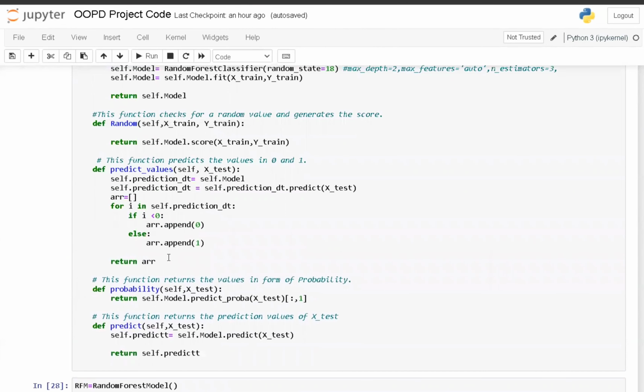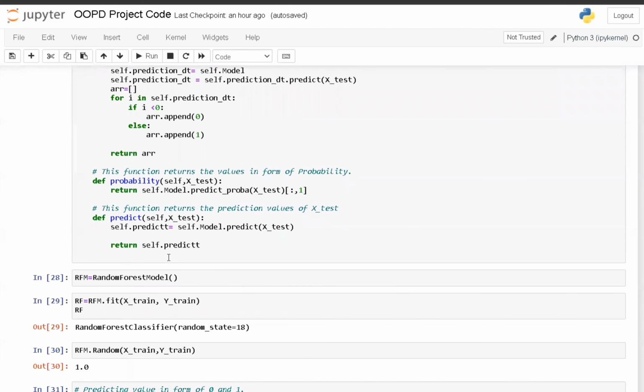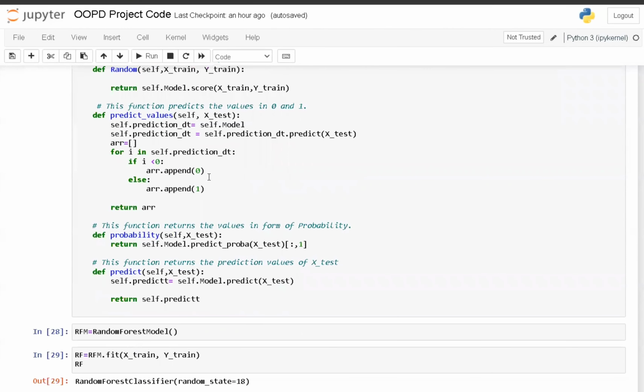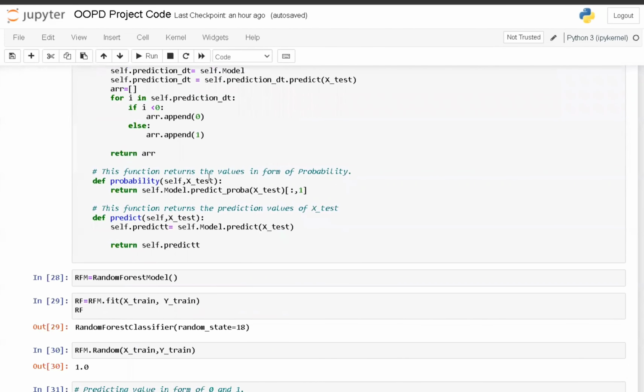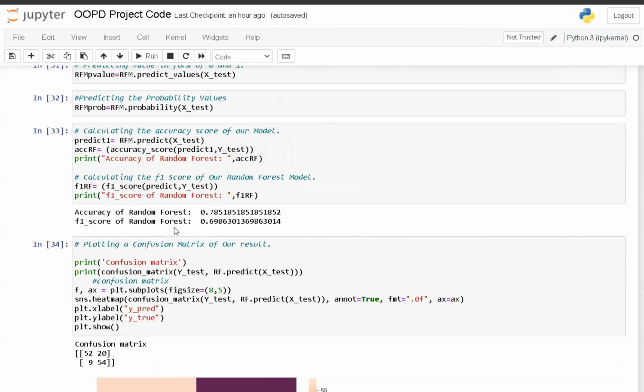Then we used that trained model over our test data for getting the output in binary format. Then we used the accuracy score function and F1 score function for getting the accuracy and F1 values of our trained model.